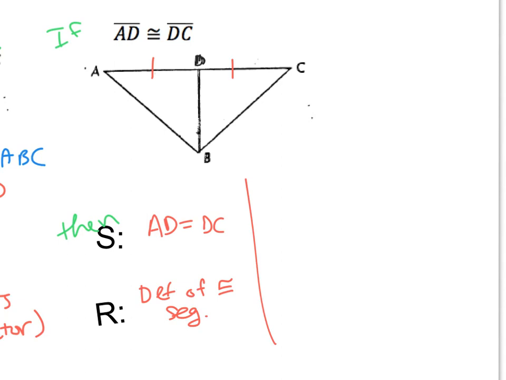So I'm thinking if AD is congruent to DC, well, D has to be the midpoint, right? It has to be right in the middle. If I had told you D was the midpoint, you would have said AD is congruent to DC. So I'm going to actually say that my conclusion is D is the midpoint of AC. And my reasoning is